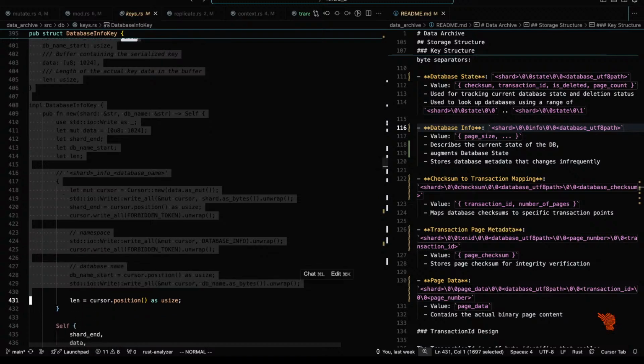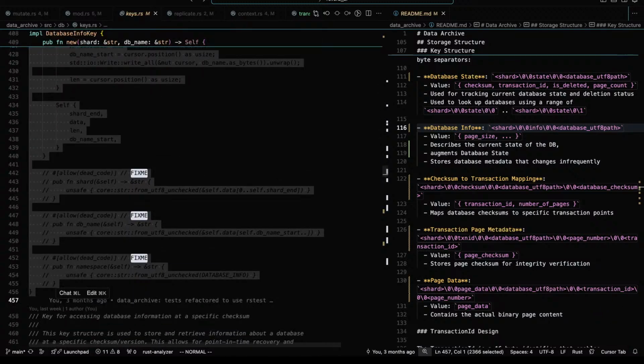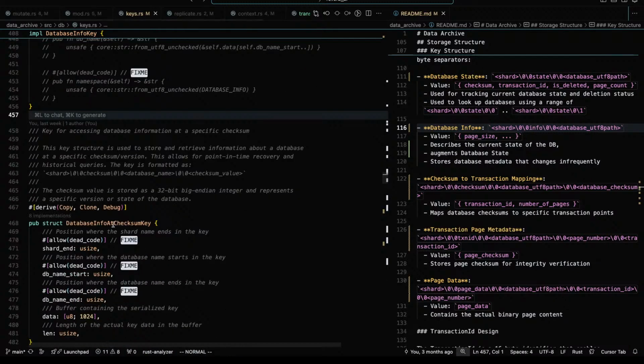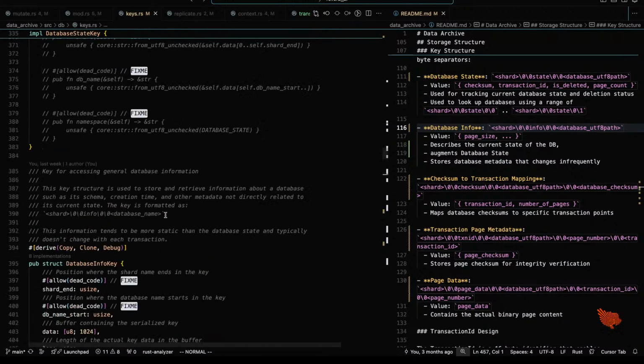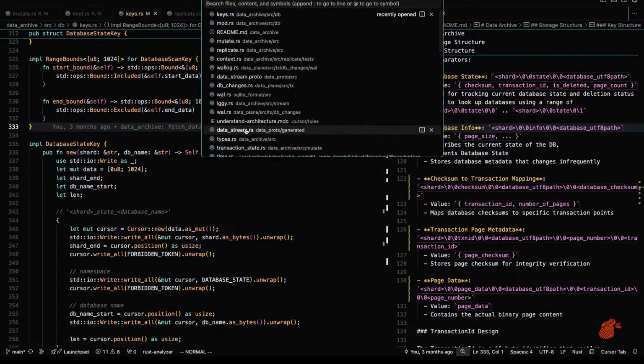Database info key. Find that. Okay, that's gone. That's gonna break everything though. Also means that